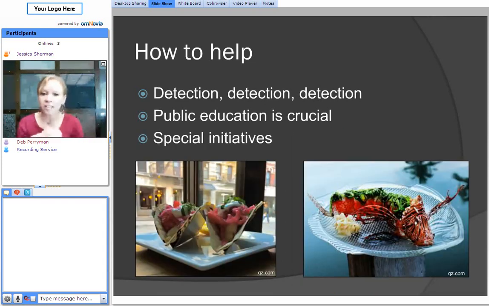Another thing that's quite interesting and actually very fun is there are special initiatives that people are doing to try to control them. One of them is called Eat the Invaders. So there's a group of restaurants that are getting together to serve entrees that are based on invasive species. Humans as a group are very good at eradicating species, passenger pigeons and buffalo and wolves, and we're very good at eliminating them. So what they're trying to do is use human effort in order to